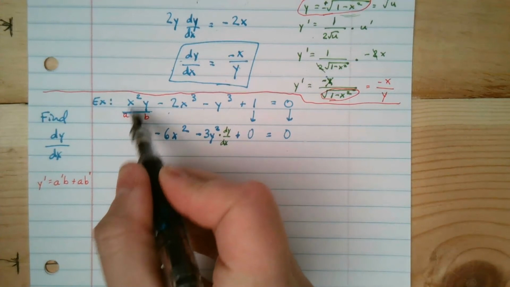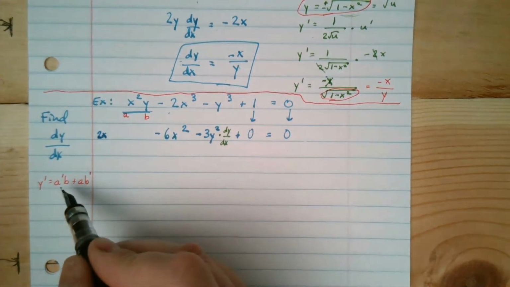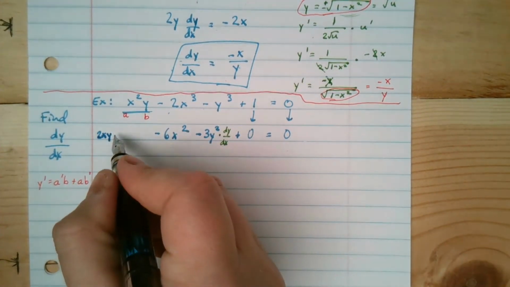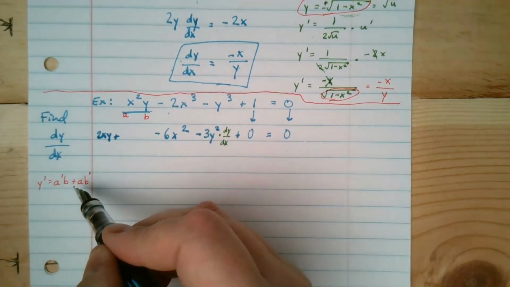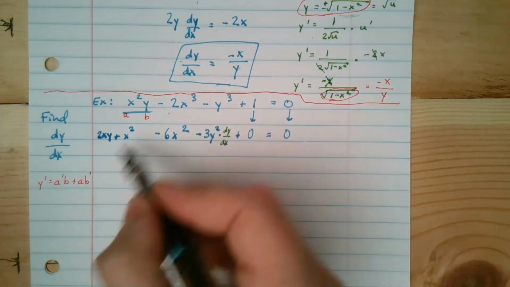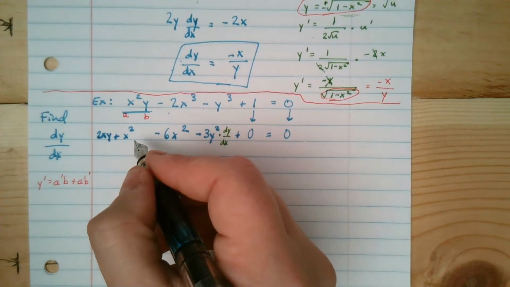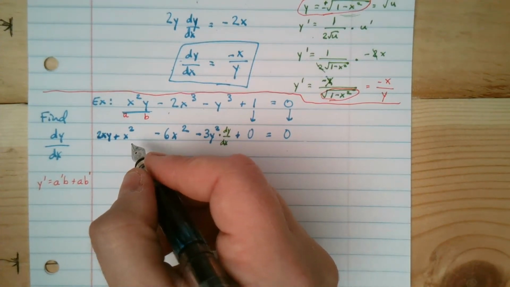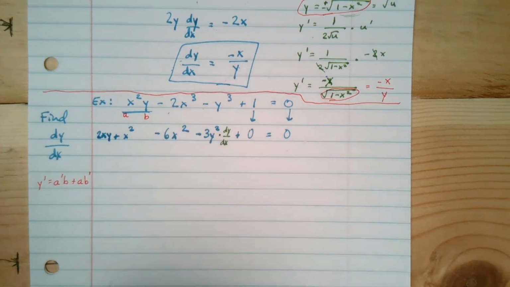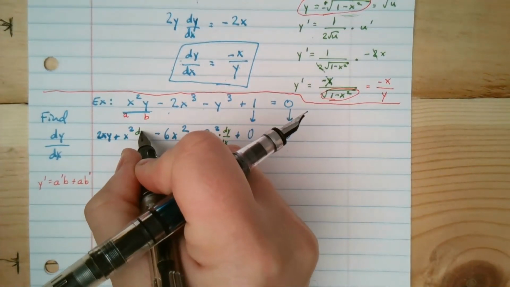So a prime is going to be 2x times b, so times y, plus a, x squared, b prime. Well, what's b prime? What's the derivative of y? Well, the derivative of y is just 1 because the derivative of x would be 1. But it's going to be 1 times, because we took the derivative of y, dy